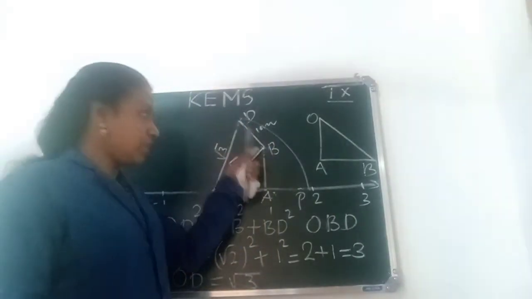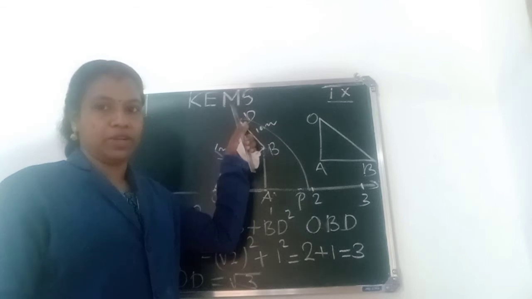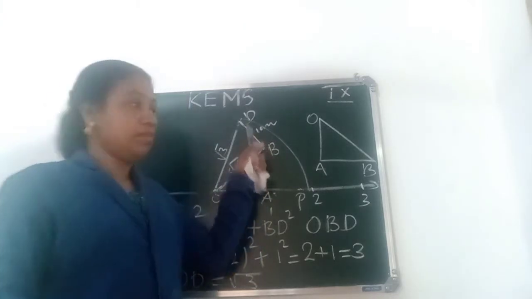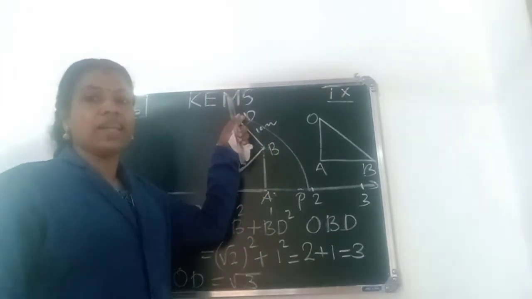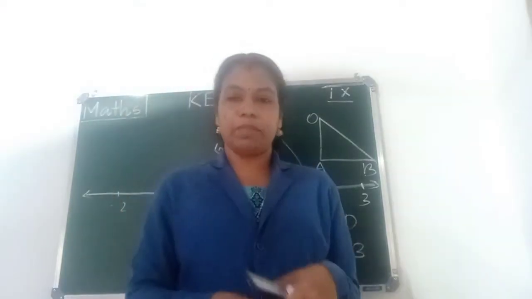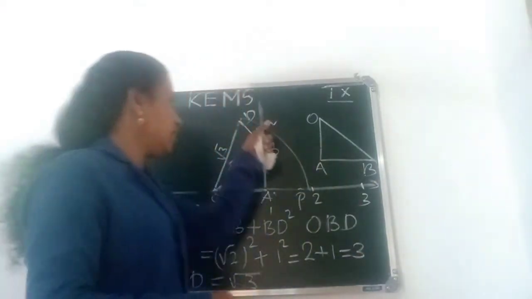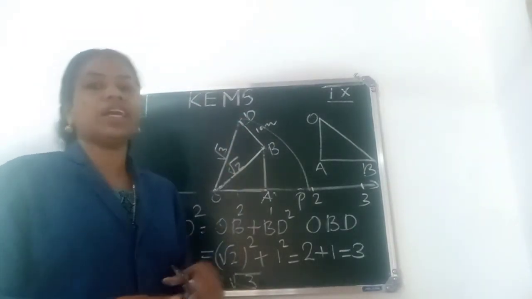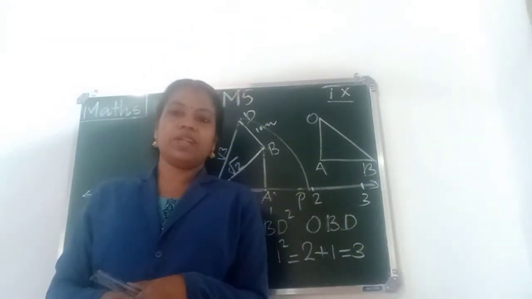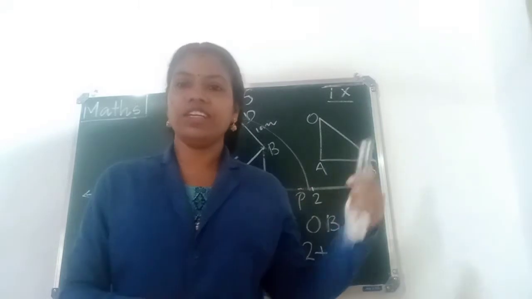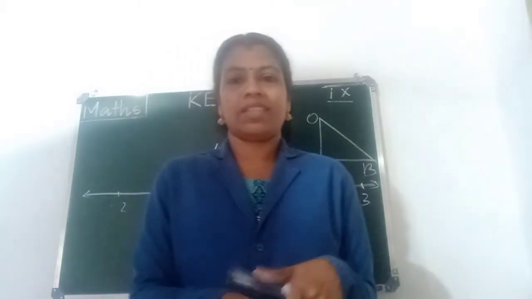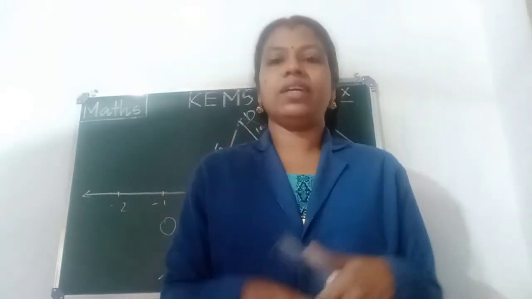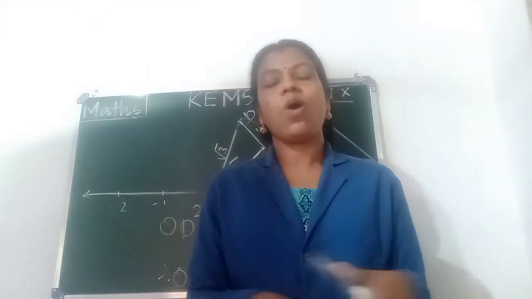Then from that point, we draw a perpendicular. Construct a perpendicular line from B having 1 centimeter length. Then from that point, again draw another perpendicular line of 1 centimeter length. Then you will get root 4. Then from that point, draw another perpendicular line and join it to O. That is root 5. Clear? Okay, you can draw root 5 on the number line.